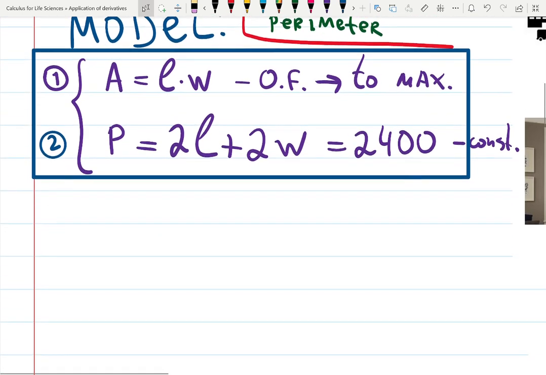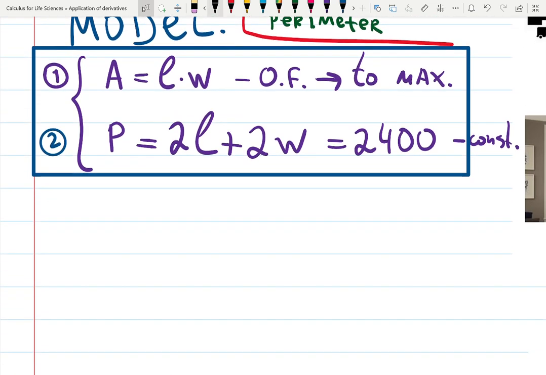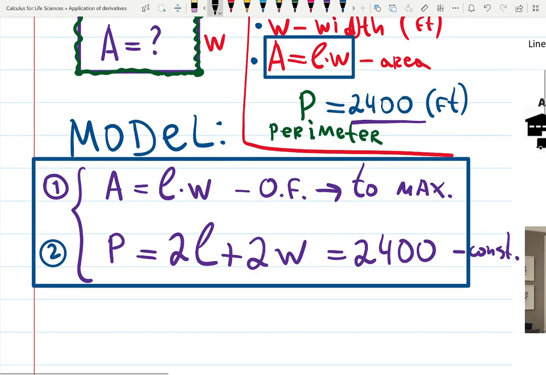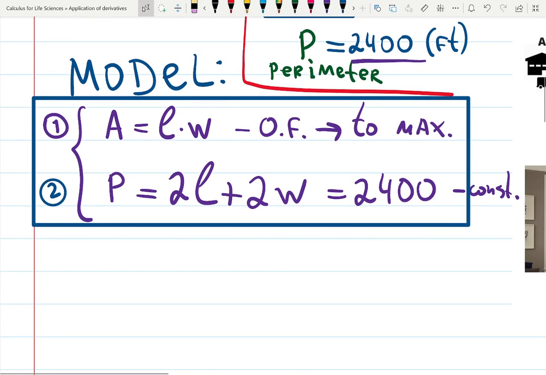Finally, we have a picture. The next idea is to maximize A. We know this word, maximization or minimization. We need to take the derivative of A and set it equal to 0. That's exactly what we did today and yesterday, the day before that, and so on. But A has two variables, length and width. We don't know how to differentiate things with more than one variable until we get to calculus 3 class, which is called multivariable calculus. Thus, it would be nice to get rid of one of the variables. To do that, you use